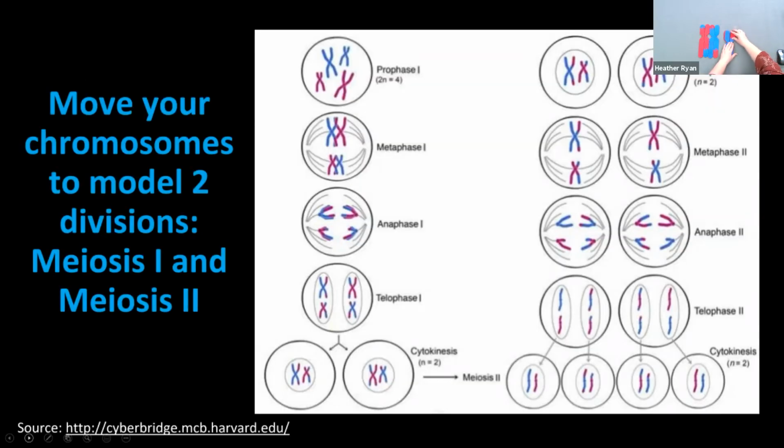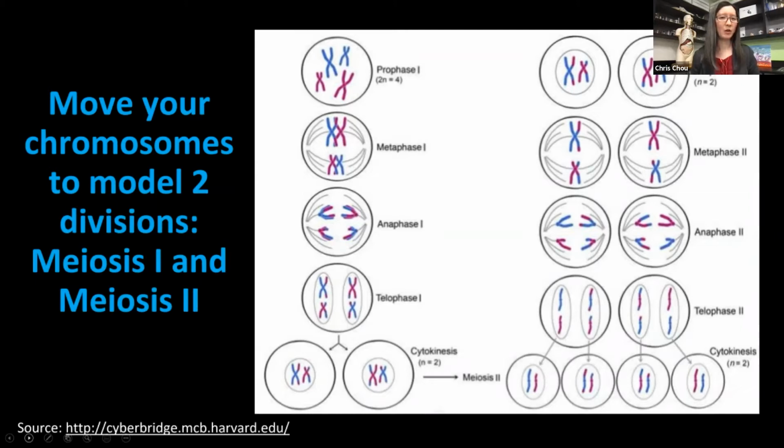And you could see that there's swapping of parts. Okay, so this is where this particular kit trumps the socks, because you can actually remove and detach pieces and swap them there. So go ahead and do that with yours, and then model the rest of the parts of meiosis there with